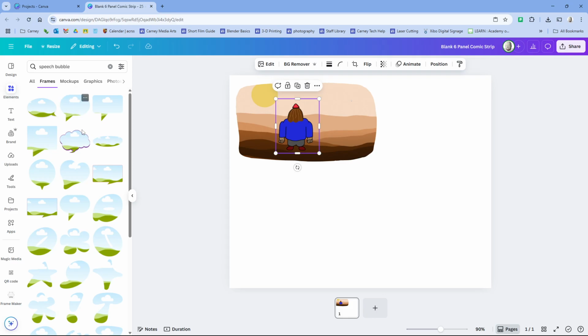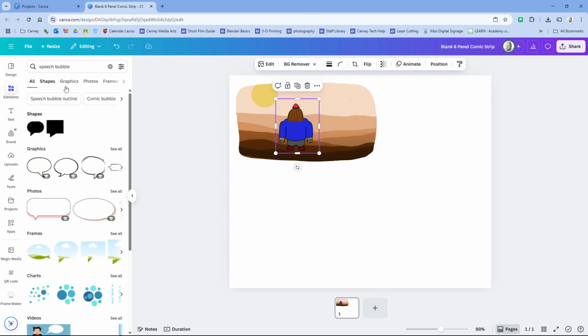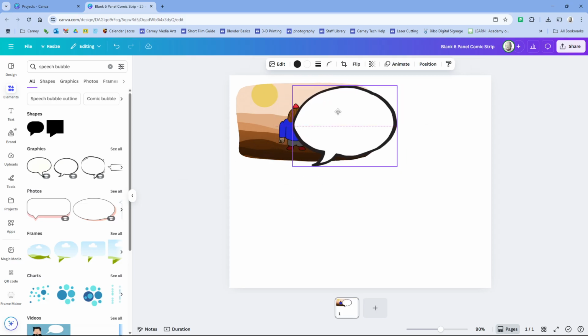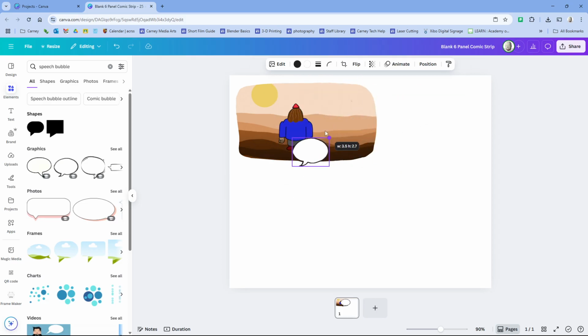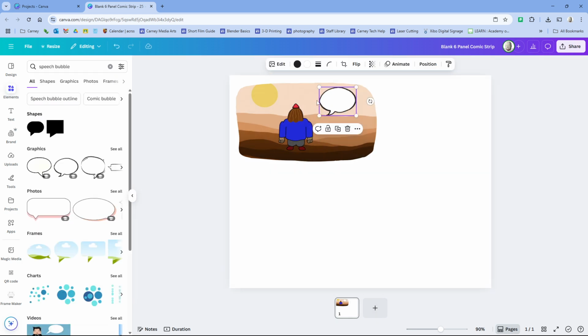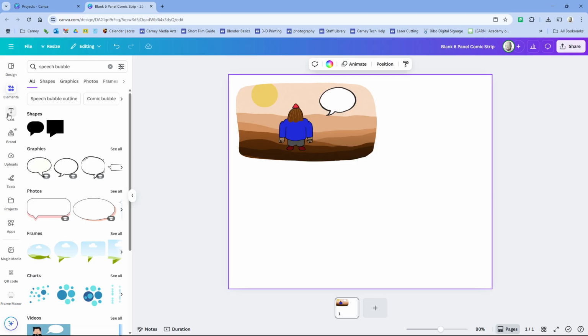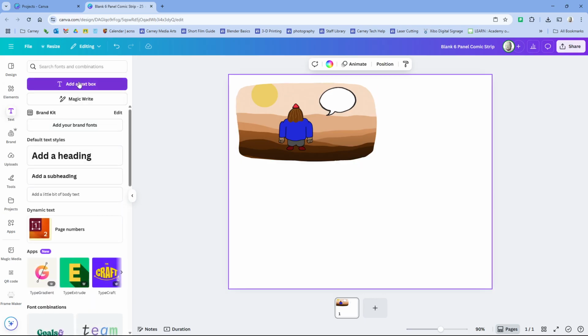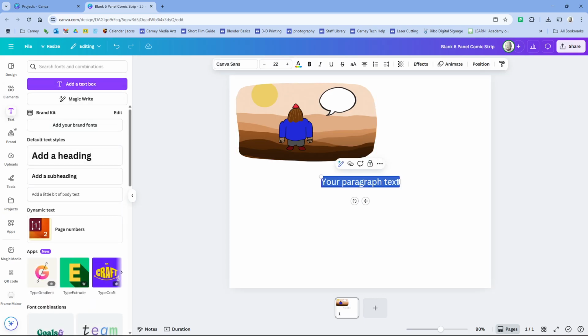And we could drag one of those in. Oh, these are all frames as well too. Let's go for all. Maybe I don't want to use frames for that, because what I'm going to do is simply go like this and then add some text on top of the bubble. So then we go to text, add a text box, and I would